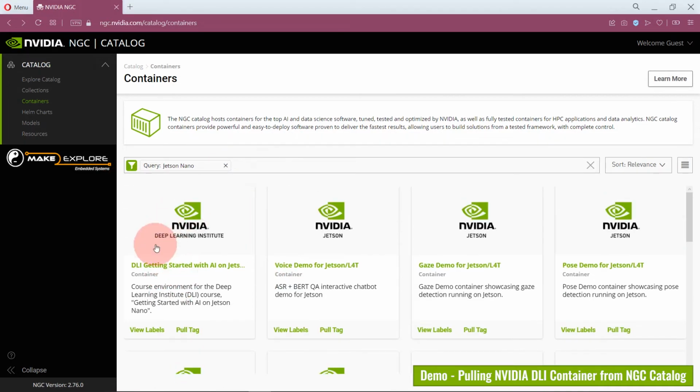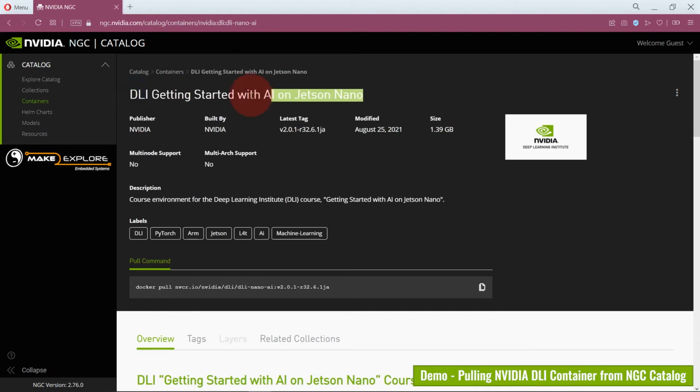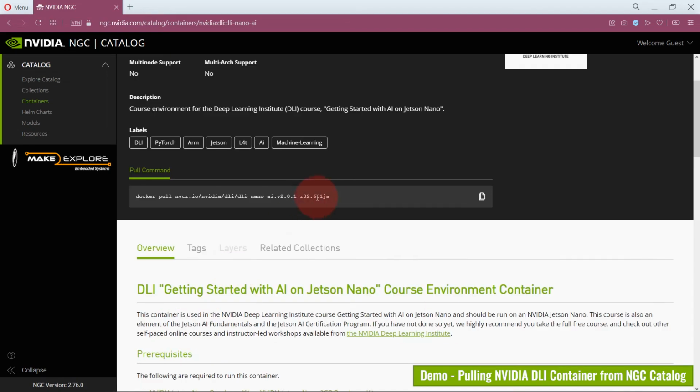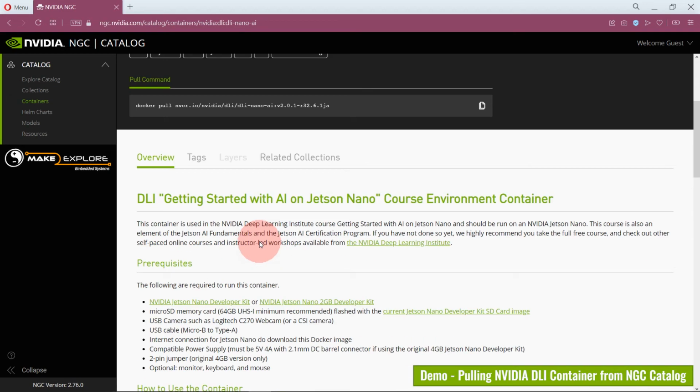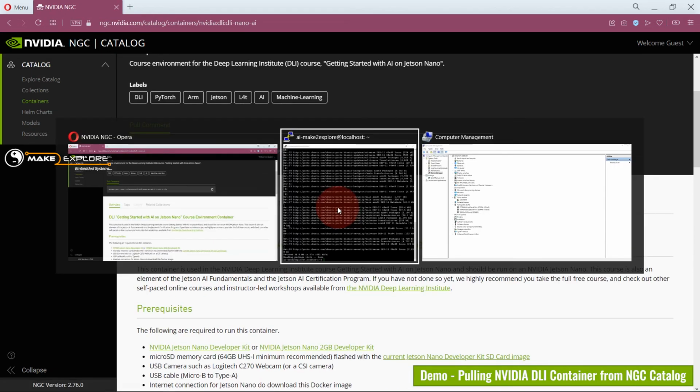But first, let's see more info about this DLI Getting Started with AI on Jetson Nano container. It is originally built for this deep learning course. Here is the pull command showing the link to download the container. You can copy it by clicking here. You should put the correct JetPack version of your system currently running. At the time of recording and experiment, we used JetPack 4.5 US English version. Just note that. Then go to the terminal again